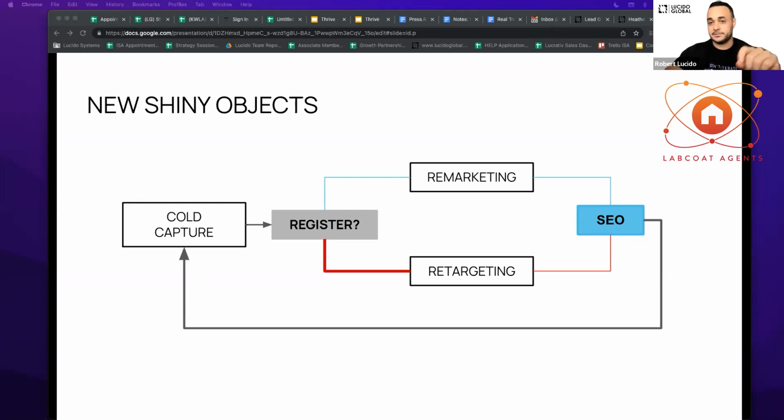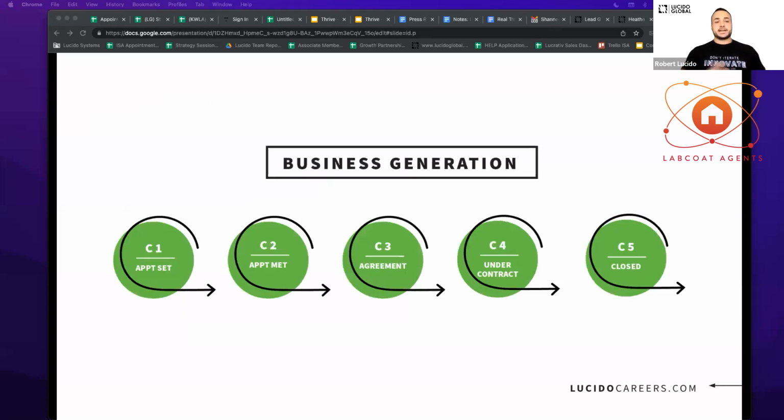Not paid, not lead aggregators, not ancillary leads, top 1 leads that came to our website organically. Switch gears, second phase, business generation. Business generation, we break down to 5 steps from C1 to C5. And so I'll take you through these things, but when you're looking at this, the question that should come